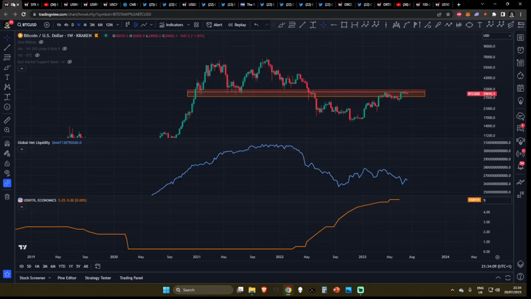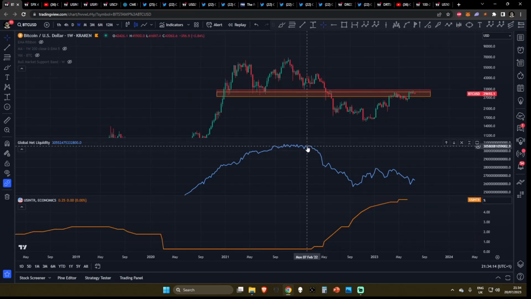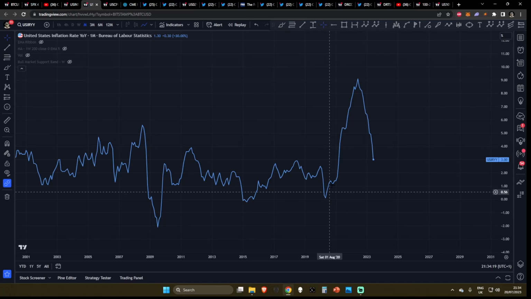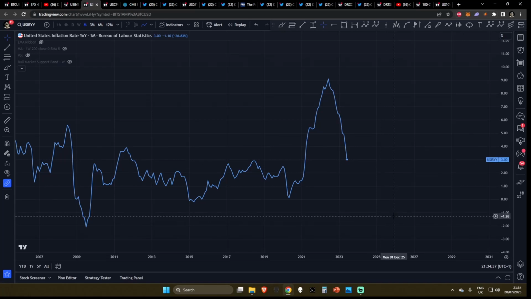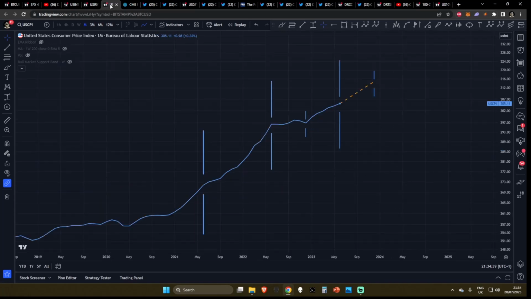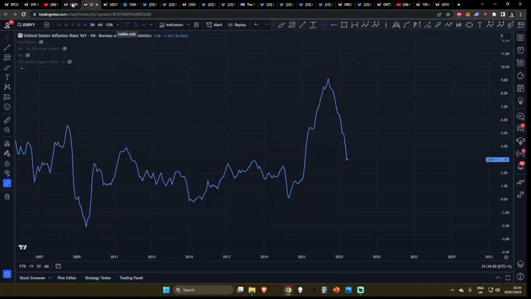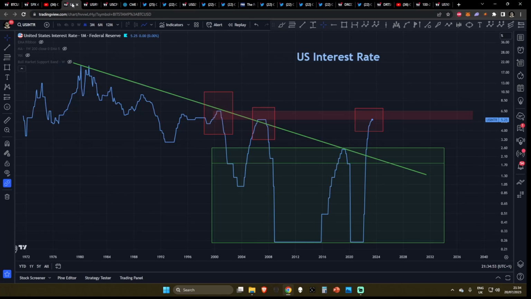Now, if we come over to this chart here, you can also see a comparison. As soon as the interest rates started to hike, then the global net liquidity started to come to the downside, and the interest rates were being hiked because inflation was getting out of hand. It came all the way up to 9% in June of 2022. Now, we have been seeing a decrease in the CPI year over year from 9% all the way down to 3%. However, I am of the opinion that we are going to see CPI year over year start to come back up to the upside as soon as the next CPI report, with higher CPI year over year creeping back into the economy. I think that's going to pressure the Fed to raise interest rates even further.